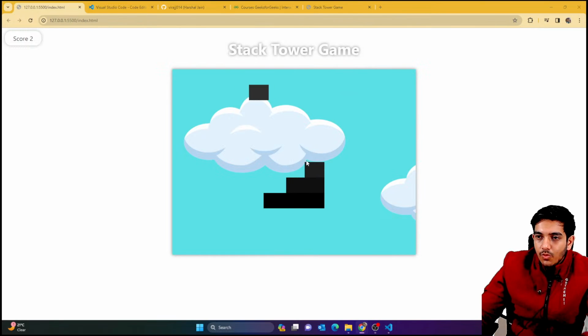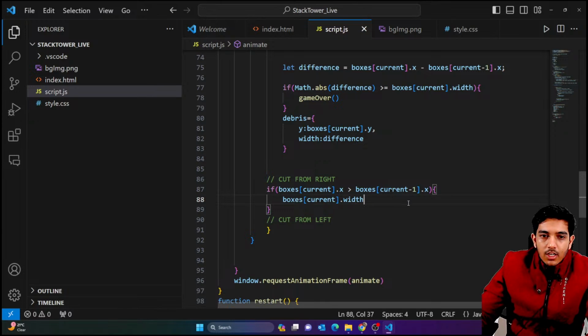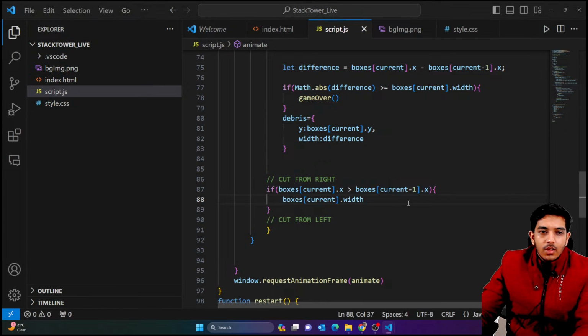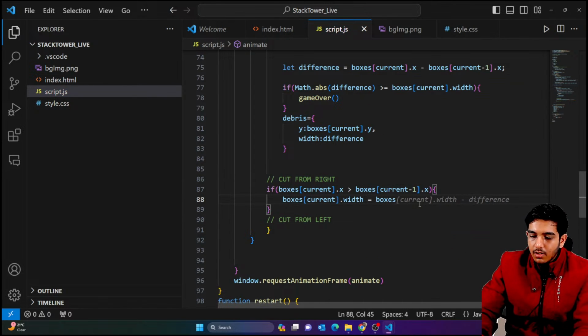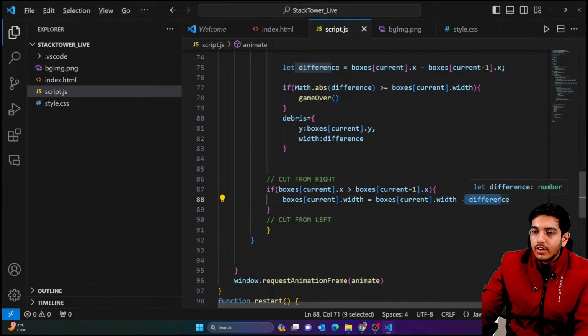You can see width actually changes, so we have to say that the width would change. So width equals boxes current width minus difference, whatever is the difference accordingly. Okay, so this is if the debris is created in the right side, and now we have to make the